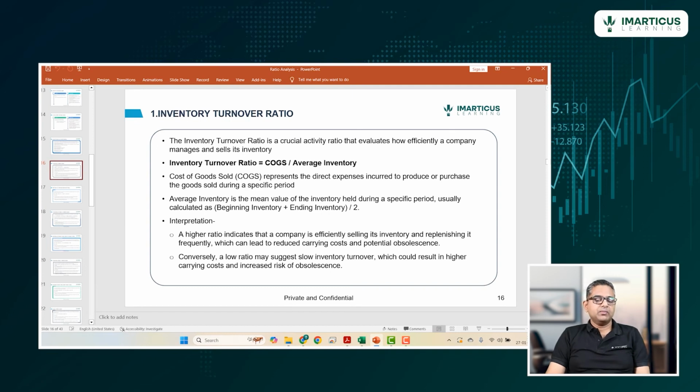Now the income statement is for a period, and the balance sheet is at a point in time, right? So that is why we are taking the average of the balance sheet item to make